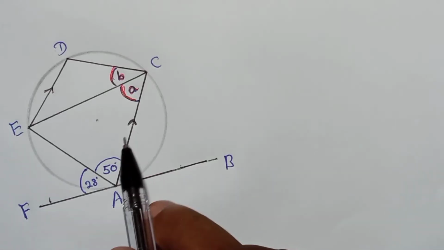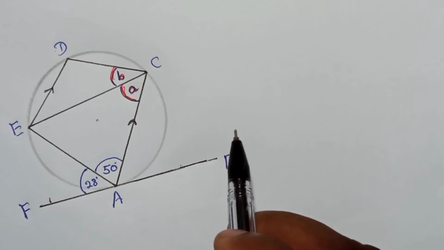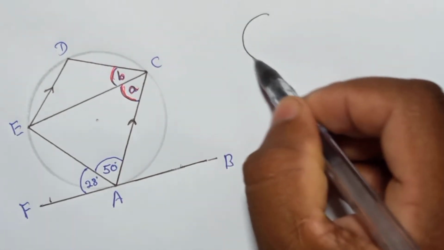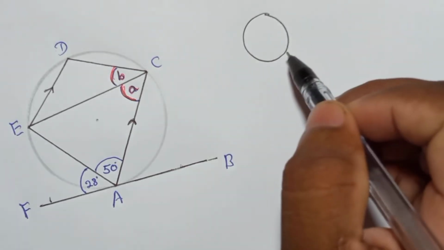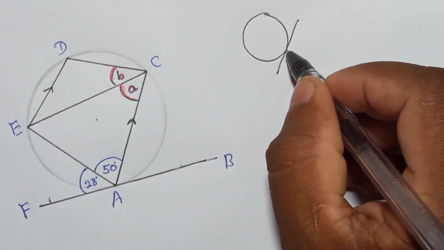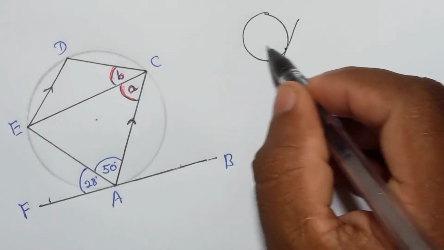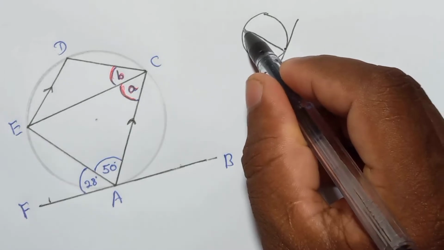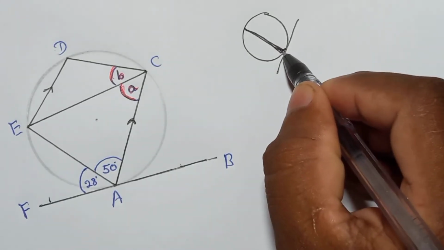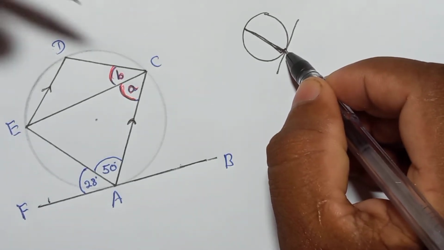Now here we need to find the value of a and b, right? A and b. Here first of all, you need to know this theorem, which we normally call the alternate segment theorem. When you have a tangent to this circle, at that tangent point, if you have a chord like this way, right, this way chord,